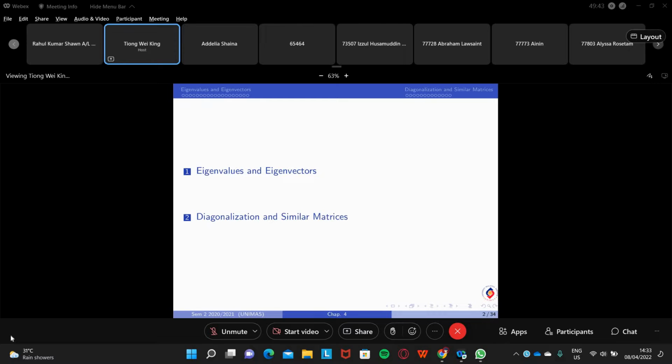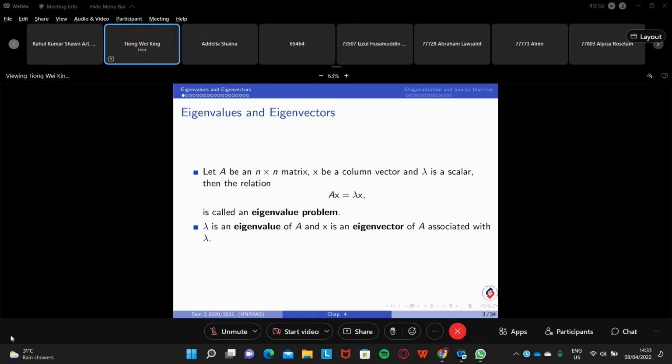The second part is the diagonalization and similar matrix. Here we will talk about how to diagonalize a matrix. But first is the eigenvalues and